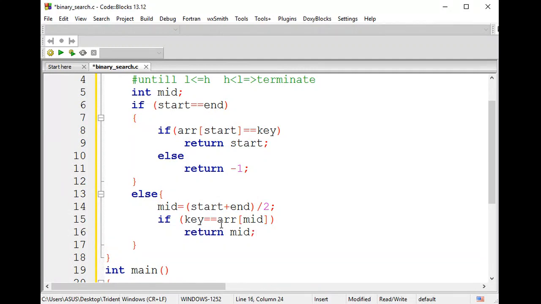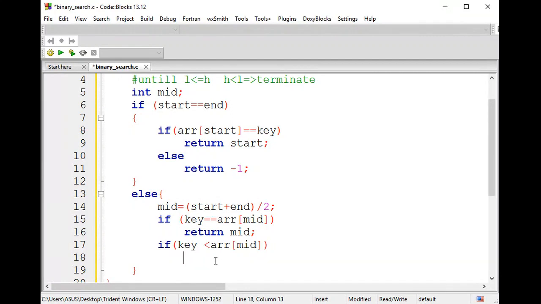Right? I can return my mid value, that is the position where I found the element. If the element is not there, if this condition is not true, I can check with one more condition. If my key value is less than array of mid value, or should not be equal to, the reason is the equal to condition has been checked already. So I'll check whether my key value is less than array of mid value. If it is lesser, what does it mean? The value will be in the left hand side range.